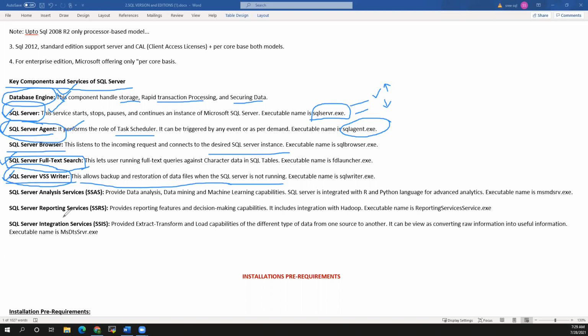This is okay. So these are SQL Server Analysis Services, SQL Server Reporting Services, and SQL Server Integration Services. You may have heard of MSBI, SQL Server Business Intelligence. This is one of the courses. So all of these come under MSBI: Analysis Services, Reporting Services, and SSIS, Integration Services. SSAS is related to data analysis and data mining related things.